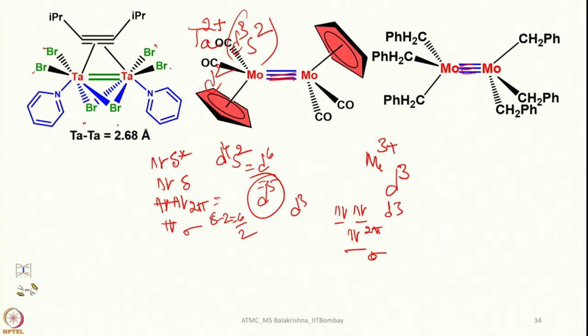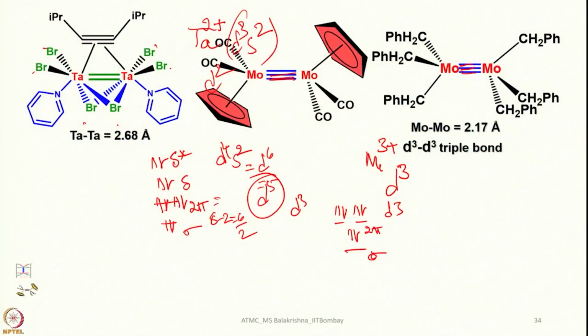So this is how you should be able to identify the magnitude of the metal-metal bond simply by electron counting, and then adding those electrons to the already established MO diagram that I have given to you in the order sigma, 2 pi, delta, delta star, 2 pi star and then sigma star again. So here the molybdenum distance is 2.17 angstrom units and it has a triple bond. This is almost identical with